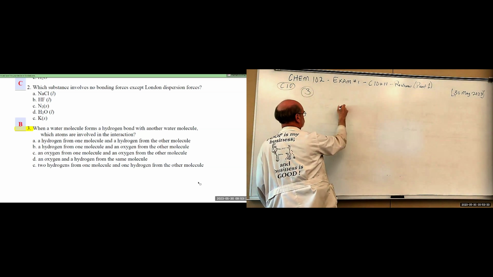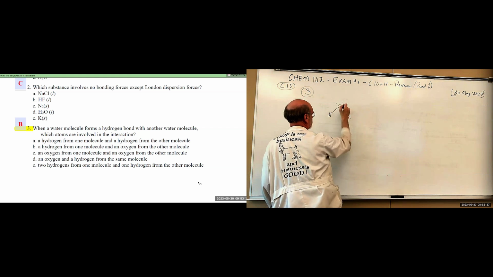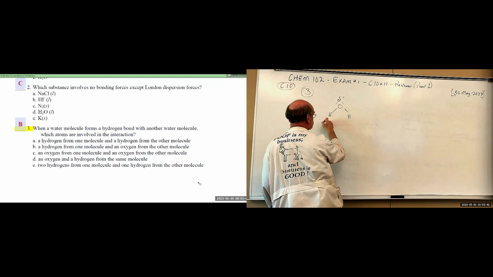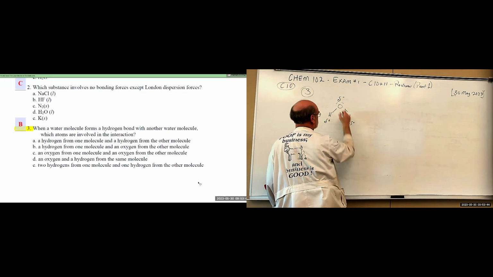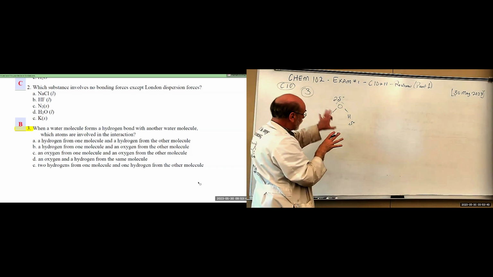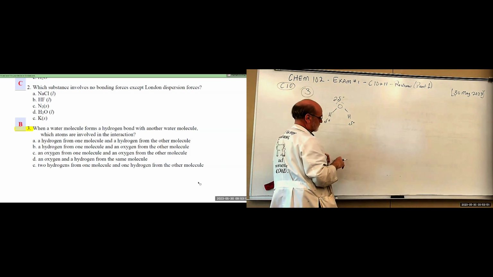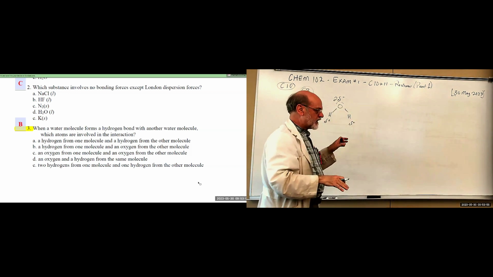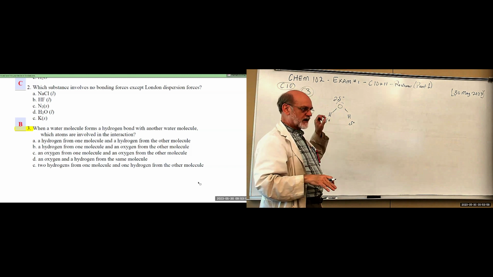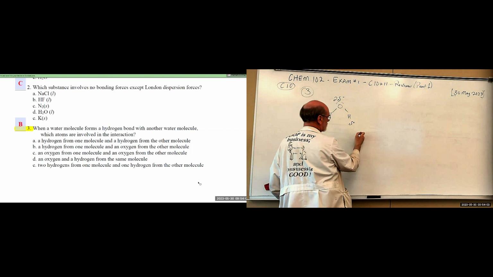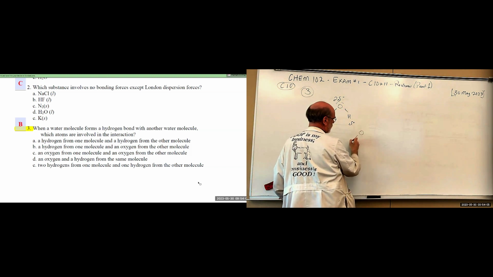Pictures are very useful. We know this is a water molecule. We know this end is slightly negative, and these ends are slightly positive. Let's balance it there. So if another water molecule approaches, how is it going to approach? Well, it could be any number of ways, but in which way will it approach that forms a bond? You would have to approach with the negative side of the molecule there,